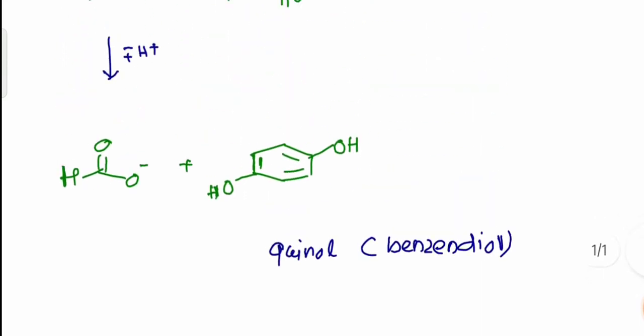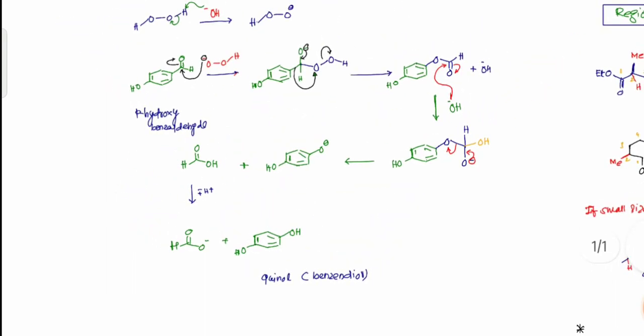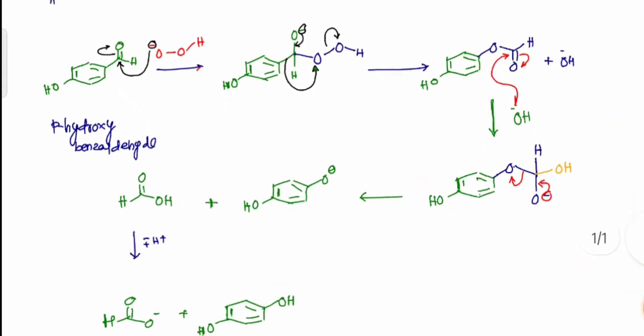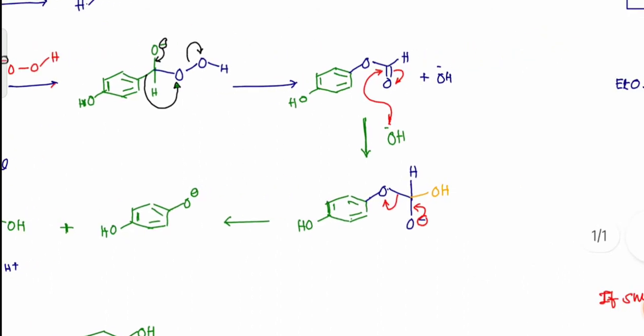So this is the simpler mechanism and reaction scheme related to your reaction, and that reaction is called the Dakin reaction. This is a two-step mechanism. The first step is abstraction of a proton, and secondly, that negatively charged species attacks the carbonyl compound, and rearrangement takes place. Then breaking of the intermediate leads to two products. One is your acid and the second is your diol.